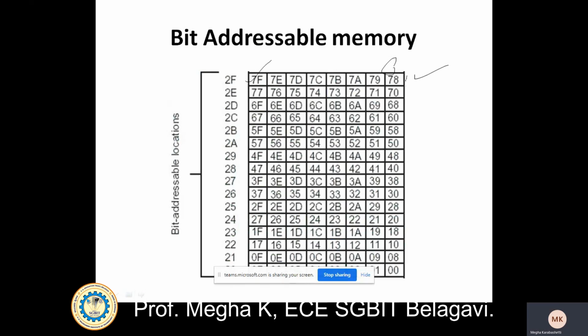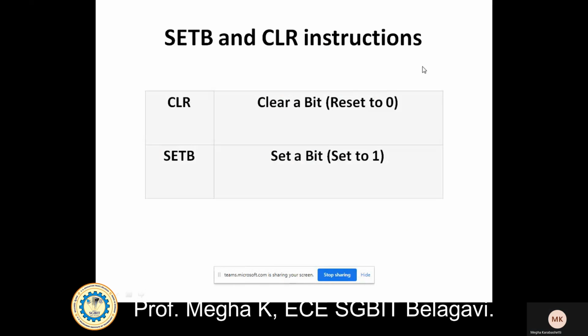If I write the program as set bit 78, that means the instruction is applied only on bit 78 of the 2FH memory location. Let us see the set bit and clear bit instructions. Clear bit clears a bit, resetting it to 0 if it is 1.